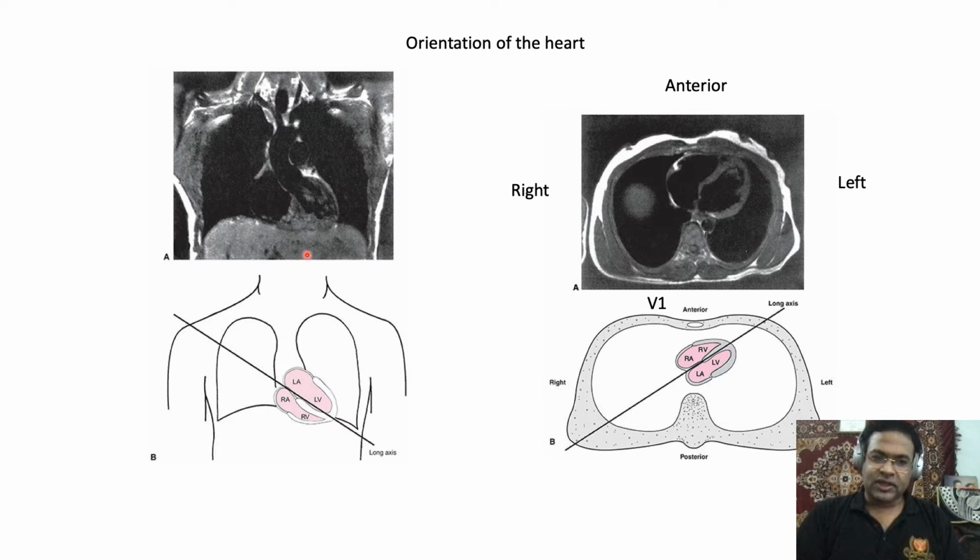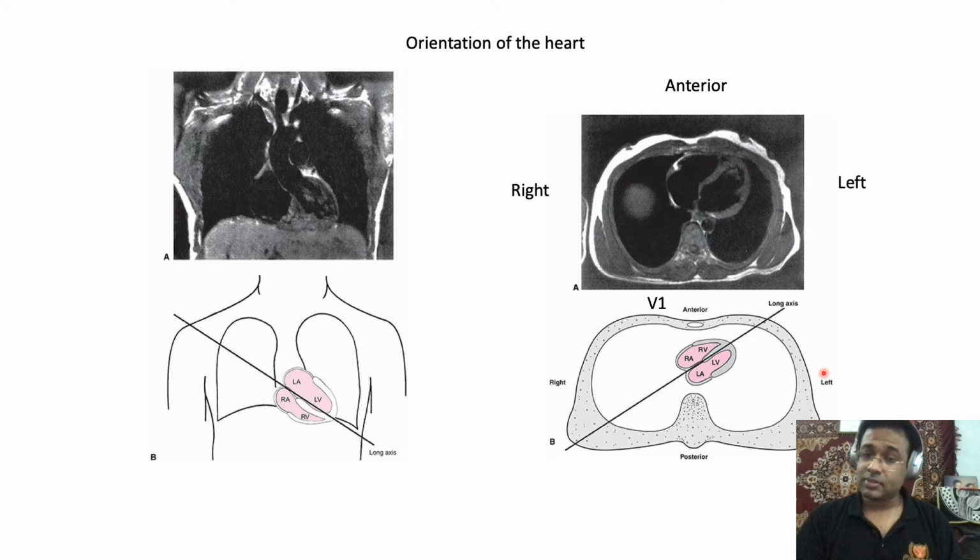If you cut through the heart in a coronal plane, you understand that the right ventricle is in front, behind is the left ventricle, and then this is the aorta and the pulmonary artery crossing each other. This is important because remember, when we look at the lead system, the lead V1, which is just on the right of the sternum, is going to record events of the right ventricle and right atrium, thereby increasing its importance in abnormalities of these structures. Whereas V5, V6 leads, which we will talk about later, will be looking at the left ventricle from